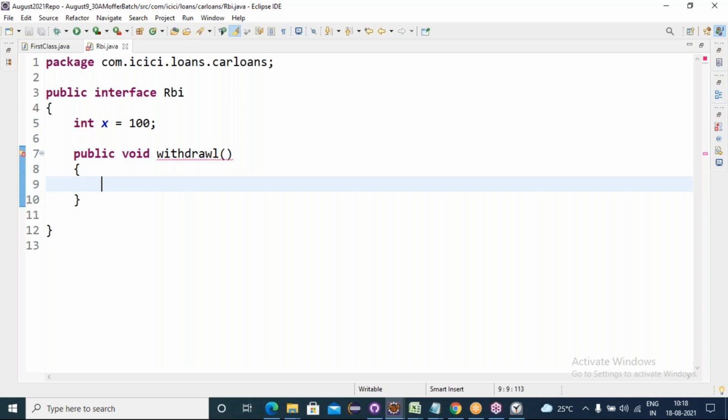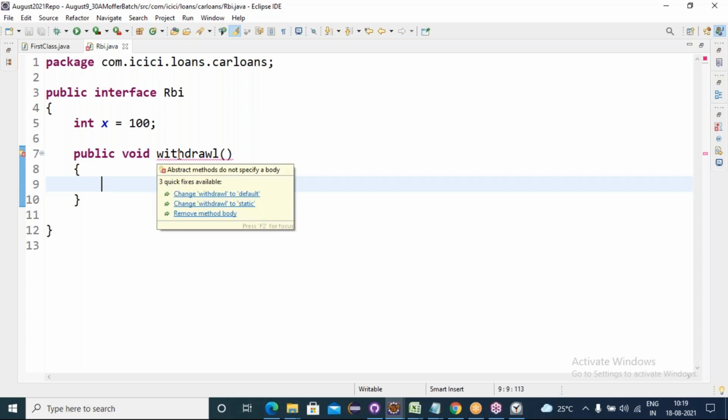Friends, I said an interface contains properties and behaviors, but when I was giving the behavior, it showed an error. If any error comes, just mouse over and read it. Abstract methods do not specify a body, which means an interface will take properties and behaviors, but only abstract behaviors. 100% my interface takes abstract behaviors.